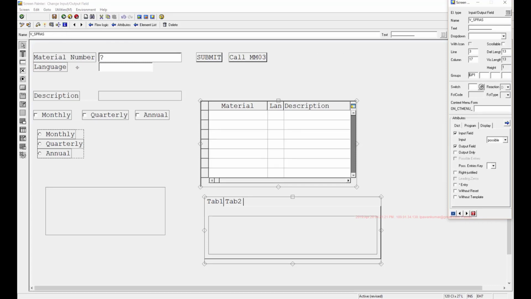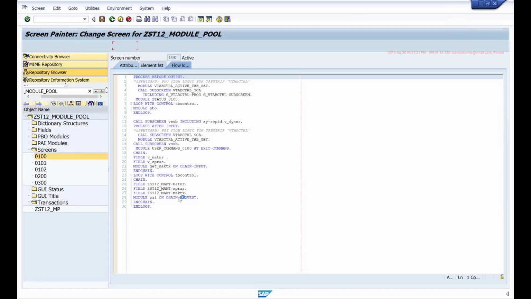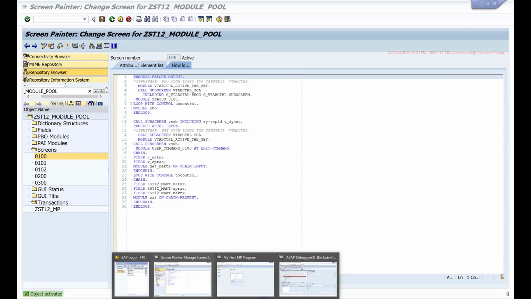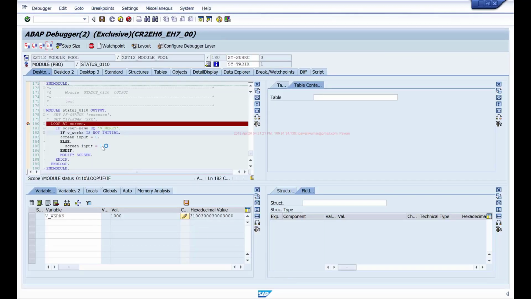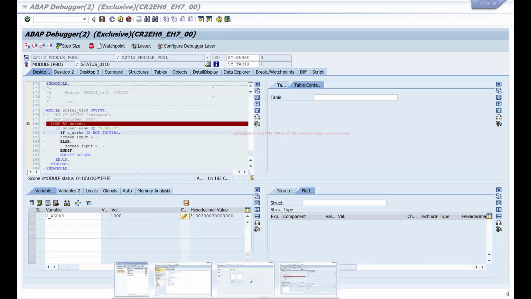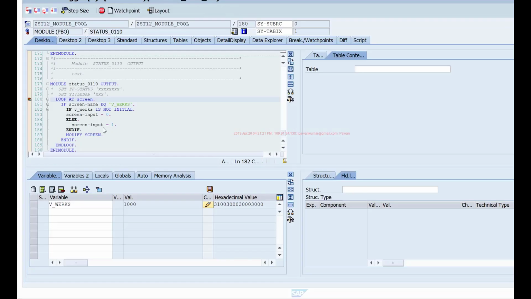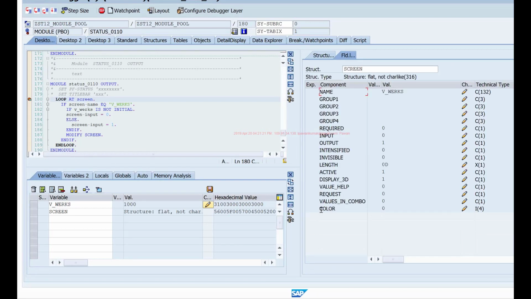And if I want to apply something to these two fields together, then in loop at screen, instead of checking for name, here if you see the screen structure, instead of checking for name, I can check for this group. So when those fields are being processed, if a group is assigned for this field, it will also show that group name.